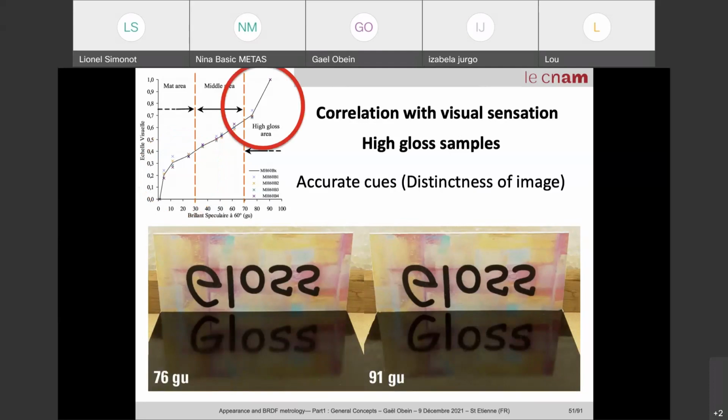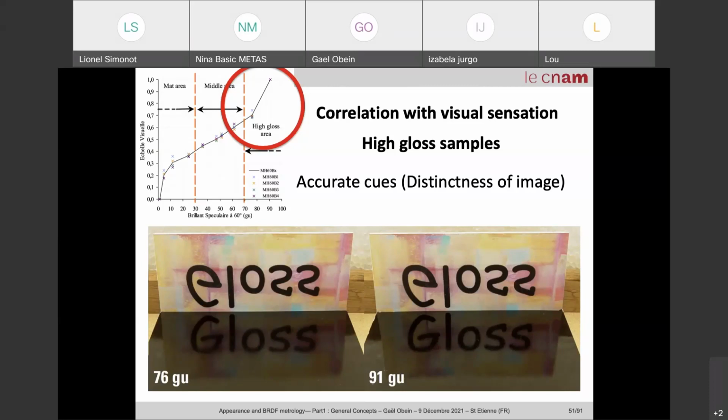At the other extremity, we have the same problem. The sensitivity of a gloss meter is not really good, compared to the sensitivity of the human observer. This is because in this part you see very high gloss surfaces, and so you see the reflection very well. In fact, you're not accommodating on the surface anymore, you accommodate on the image of the light source. And then what you judge is not really the gloss, it's the deformation of the image